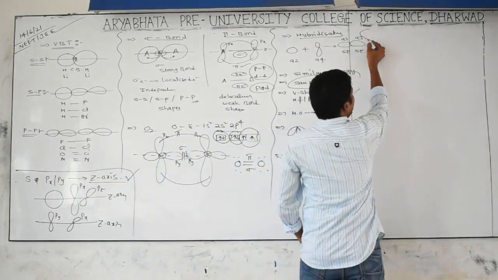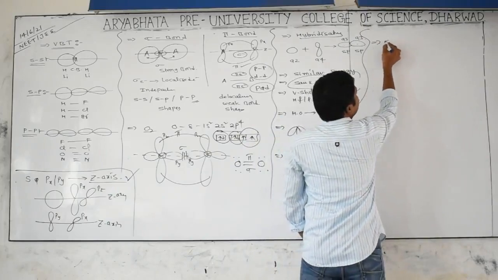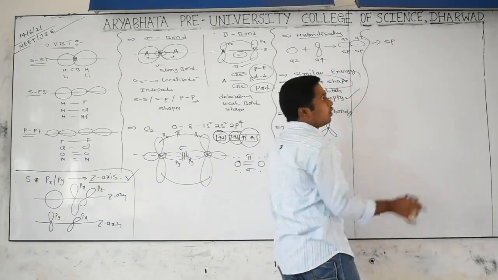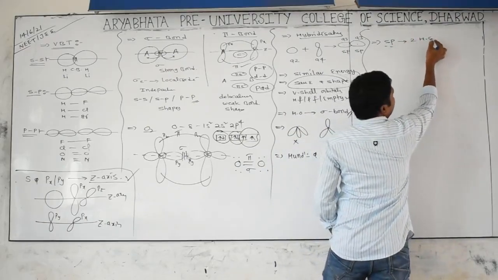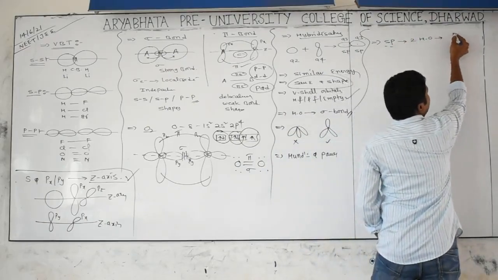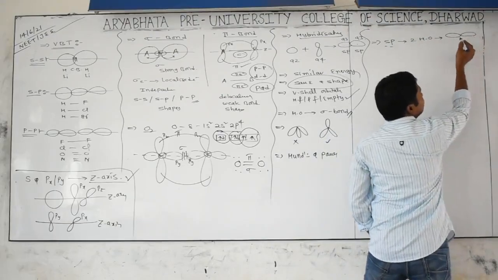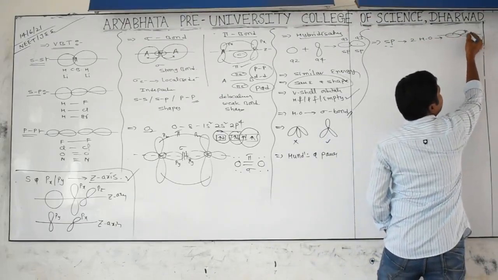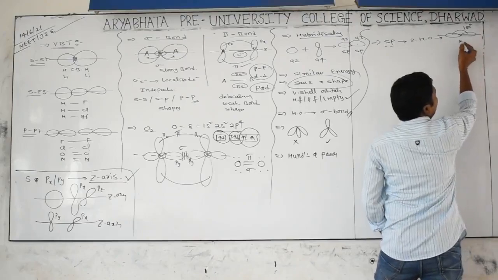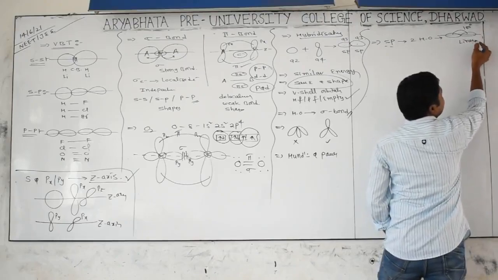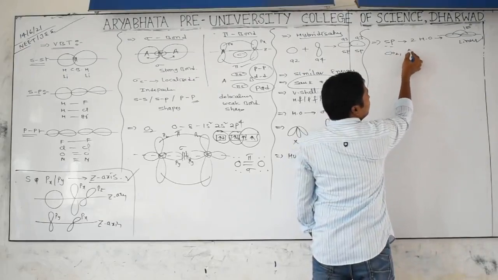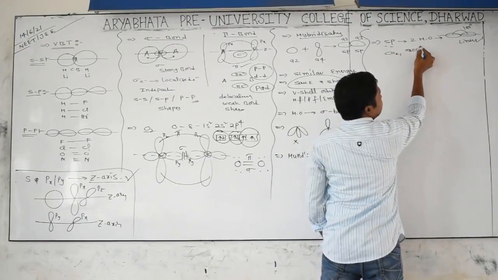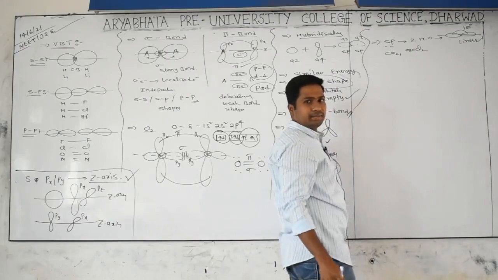We are discussing some important things according to this. For example, take sp hybridization first. One s orbital and one p orbital mixed together give 2 hybrid orbitals. These 2 hybrid orbitals arrange around the central atom in a linear shape, the bond angle is 180 degrees, and the molecule shape is linear. The examples for this are CO2 molecule and BeCl2 molecule.